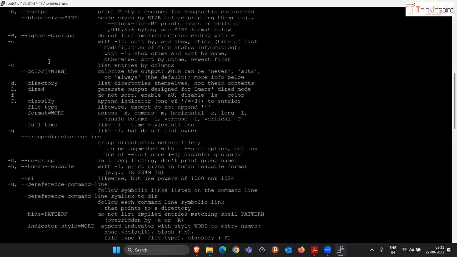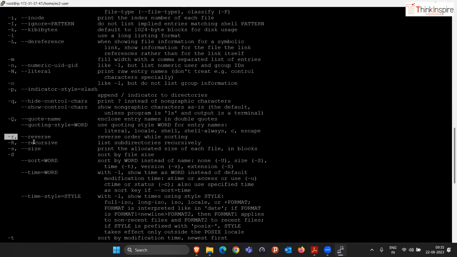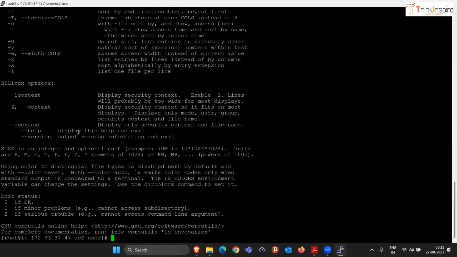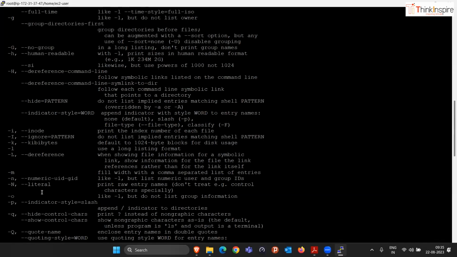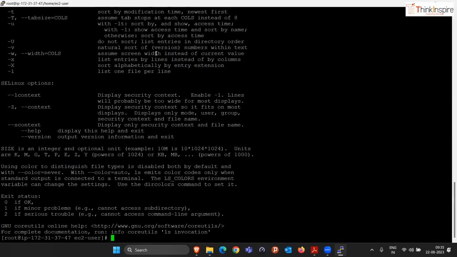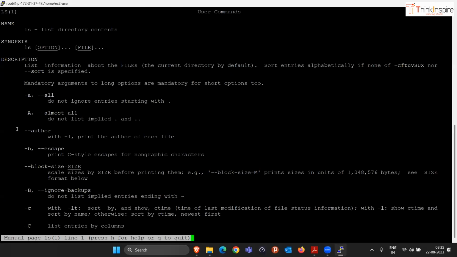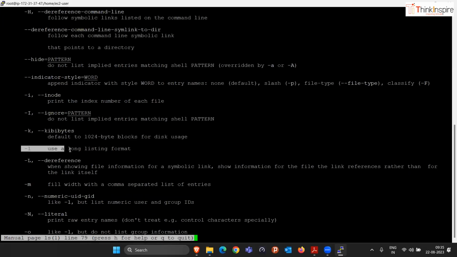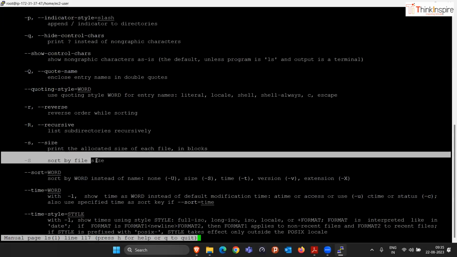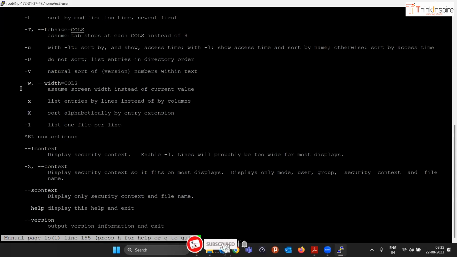Like that, there are so many different options. If you want to print the size in a different way, or sort it in some different way, there are so many different options. As per our requirement in the future, we can always come here and see it. You should just know how to find and how to read. Either use the --help option or always use the command man and then the ls command. Here also they will show you exactly the same thing. If you keep coming down: -l long listing format, capital S sort by file size, -r